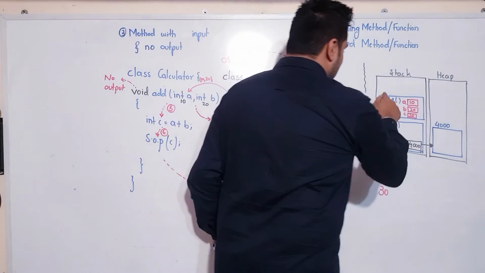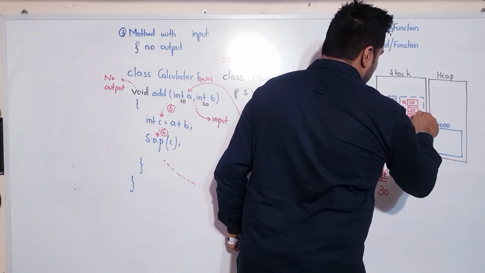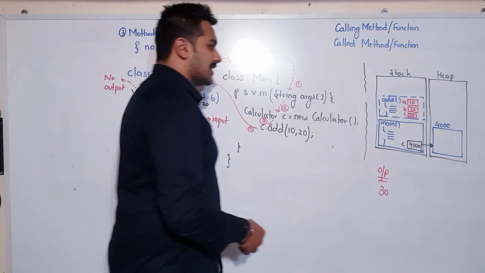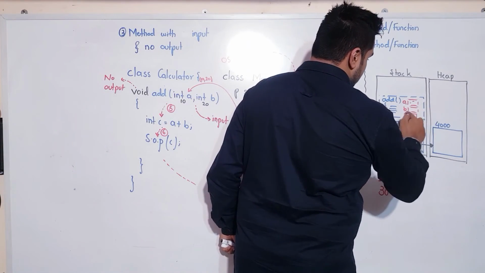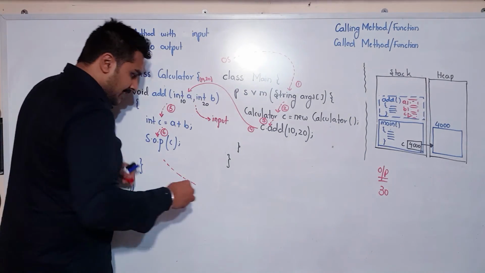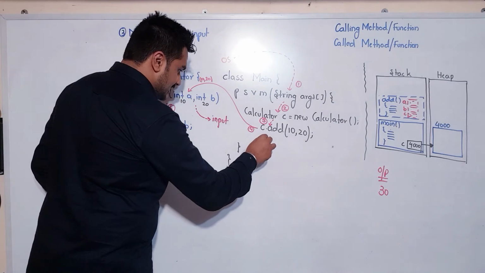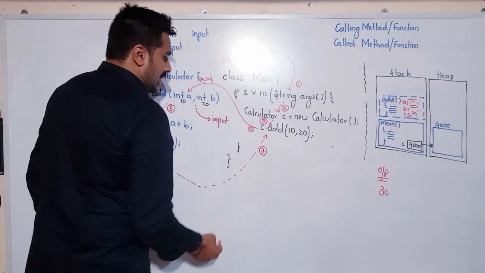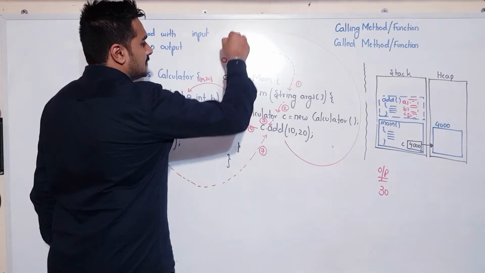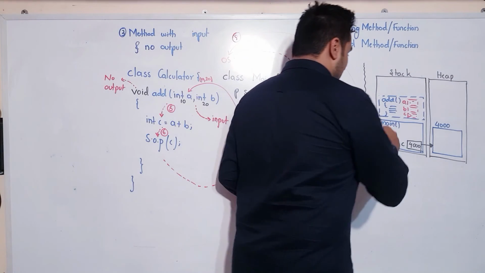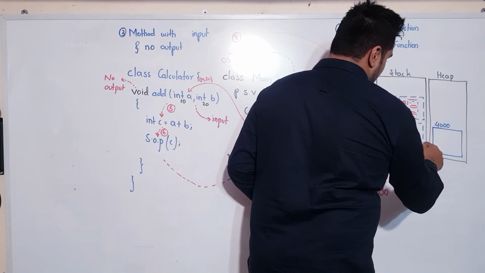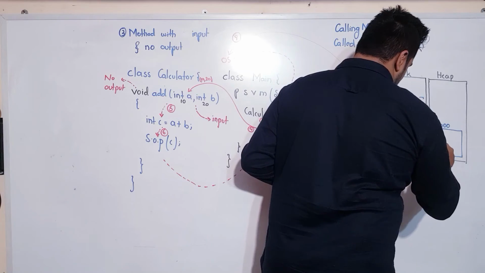Once I'm leaving the method, what will happen? The activation record memory will get deallocated. Since that is deallocated, none of these exist. None of these will further exist. Now, I am returning back to this line as step number 7. After which the control is returned back to operating system. This is step number 8. So once the control is returned back, what will happen? Main method's activation record is deallocated and the object will be considered as garbage as the handle is no longer pointing to it.